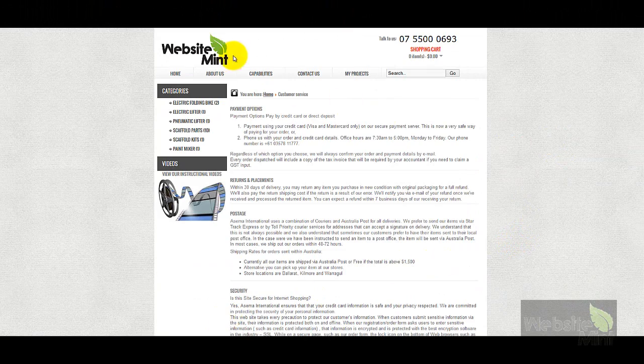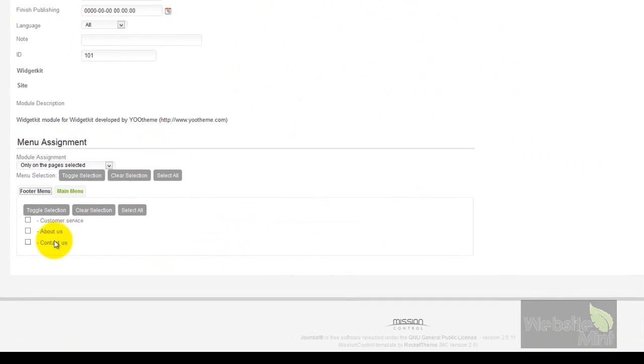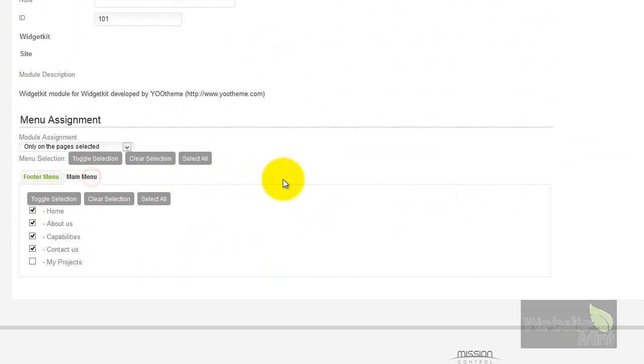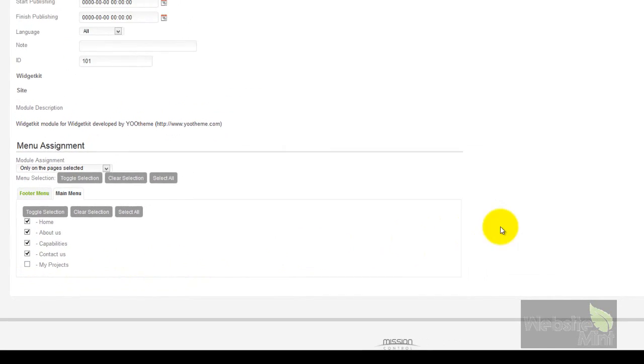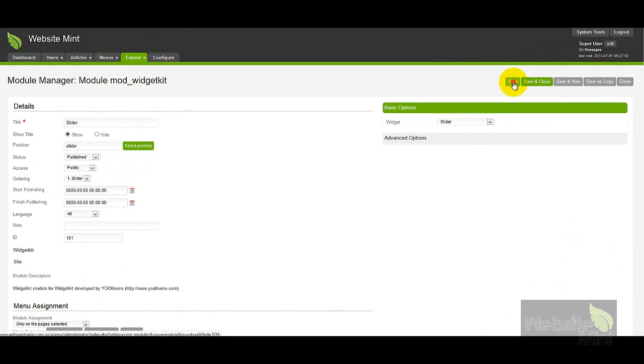And that's because on the footer menu down here, we've not assigned that slider to any of them. So we want it on all of the pages. So we're going to just click through the footer menu first. And for the time being, for demonstration purposes, I won't select the My Projects menu item on the main menu. So if I just press save,